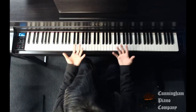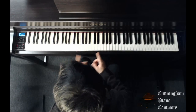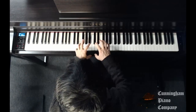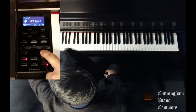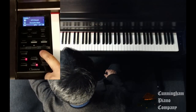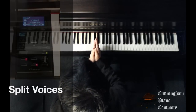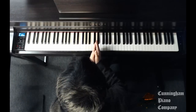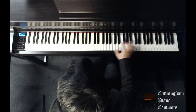So you can start to explore different sound combinations together. All right, so that's the dual mode, two voices playing at once. Now if you press this again, if you press it 2 times quickly, then you have an interesting option of a split voice. So what I mean by that is the right hand will have the sound of one instrument